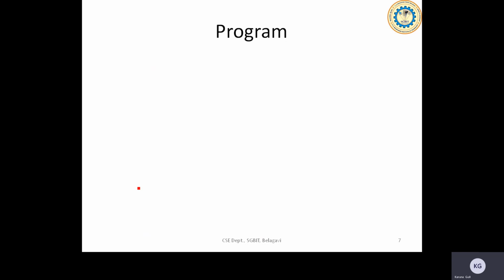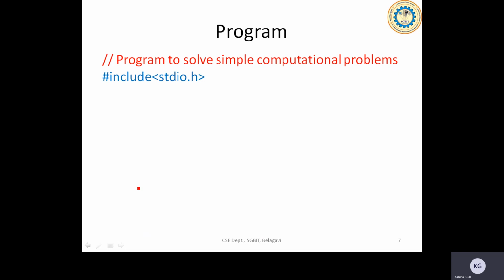Look at the program. We need to go ahead with the documentation section, just to mention the title of the program. Then we'll include stdio.h, which helps us work on the printf and scanf statements, the input output statements. Then follows int main. If you are using int main, the last statement of the main program should be return 0. If you are using void main, then you need not worry about it.